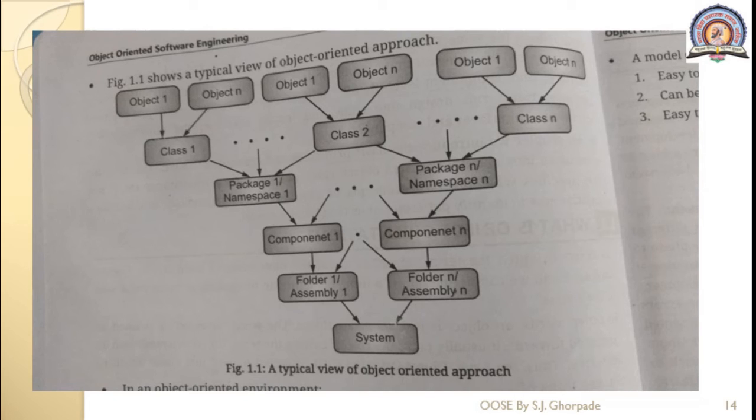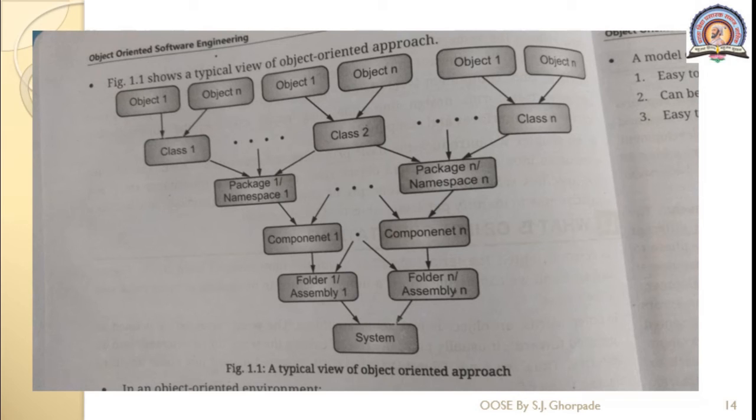Then again, integration of n number of packages could be called a component. Here n number of components could be designed, component 1, component 2, like this up to component n. Then based on that we can assemble them and form a subsystem or folders.